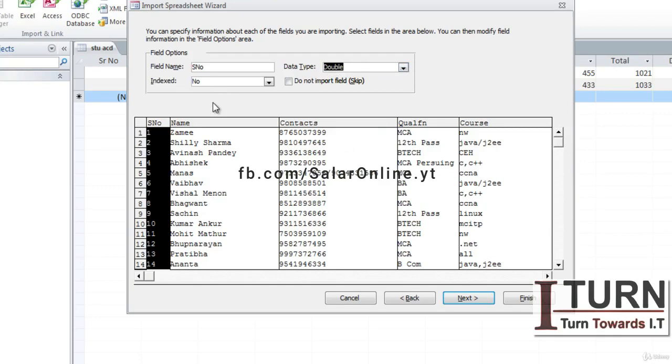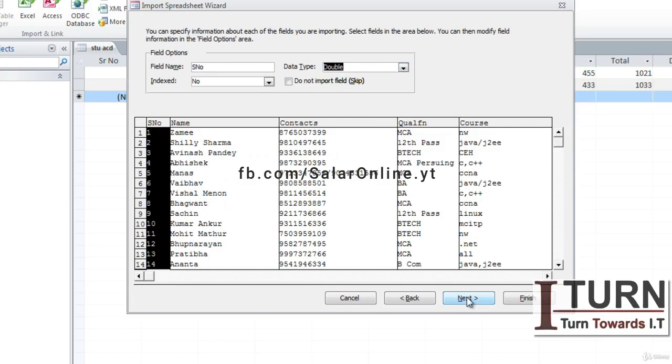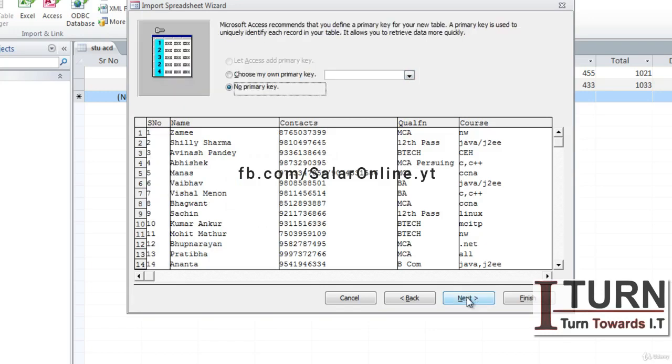How to change the data type if you want? Let's say I've clicked over here, now it's name and its data type is text, which is again correct. Okay, so click on next now. And if you want to give any primary key, look, primary key is very important if you've got two different